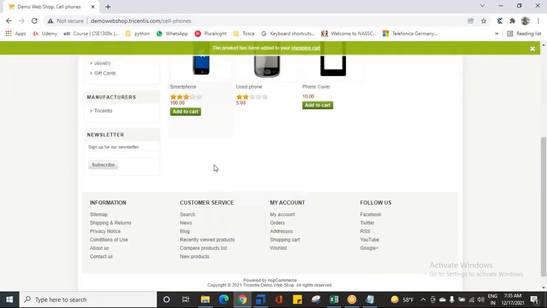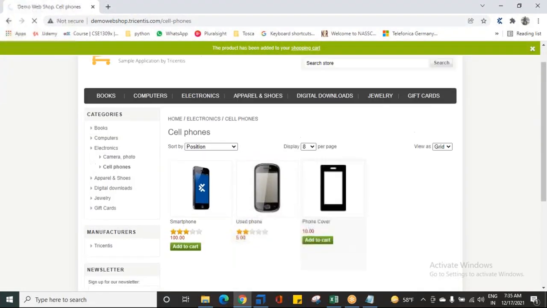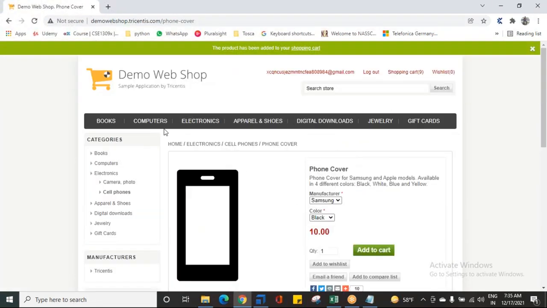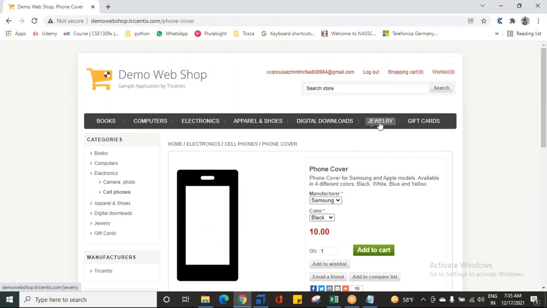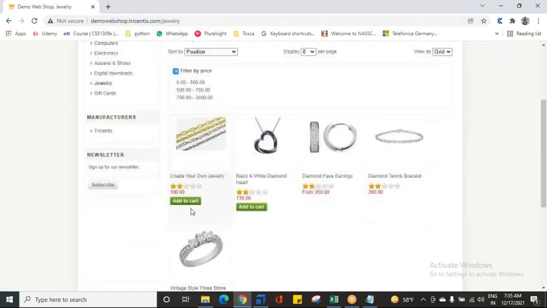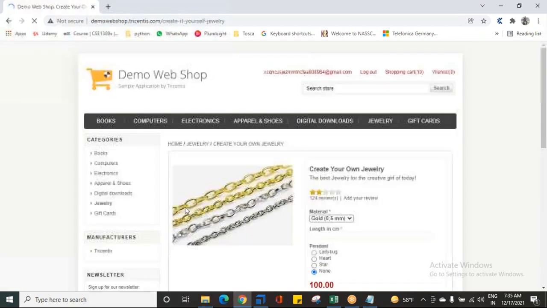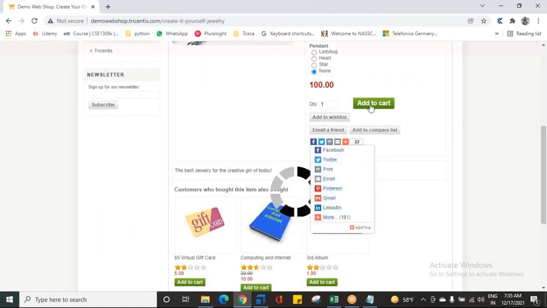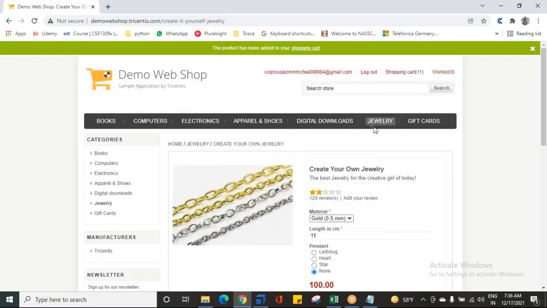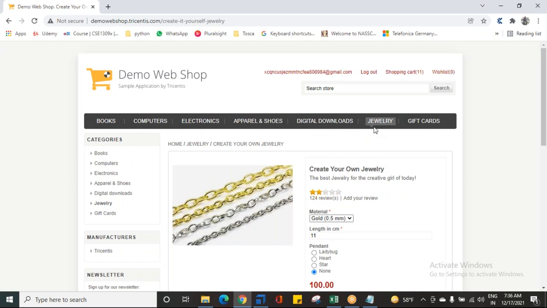So I'll just add this and I'll just add one more. So how many products have come in total? So nine products might have come. So I'll just add a few more. Electronics, digital downloads, right? Yeah, phone cover, add to cart. Yeah, total 10 products. I'll just go to the jewelry section and I'm just adding this to the cart. Length in centimeters, something, length in centimeters. I'm just keeping. So far, suppose now let us say why I have done all these things is to just